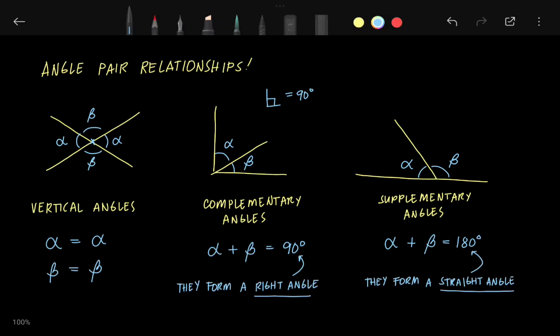Supplementary angles, on the other hand, total to 180 degrees and they form a straight angle. So, whenever we say straight angle, it is 180 degrees right away. Also, just like complementary angles, they do not need to be adjacent to each other. So, sometimes it can be like this, which we'll talk about eventually. Example, this angle is